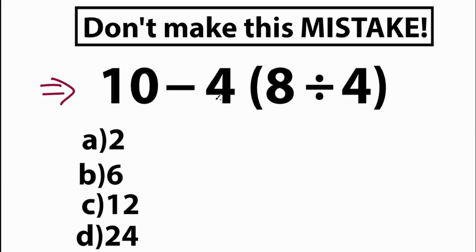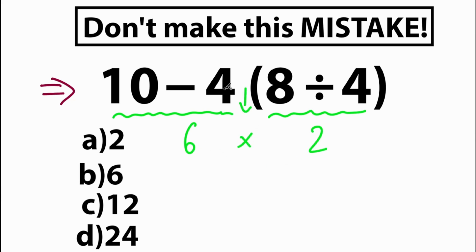So here's our question, and a lot of students solve this question like that. They say, okay, 10 minus 4 right here equal to 6, and we have inside parentheses 8 divided by 4, which is equal to 2, and 6 times 2, because we have multiplication between this 4 and 8, and we have 6 times 2 equal to 12. This is option C, and a lot of students might be saying, okay, option C is